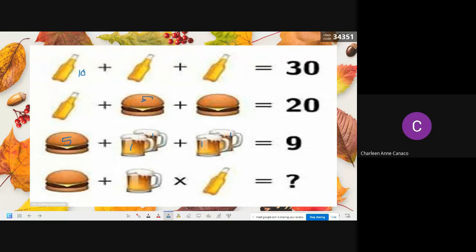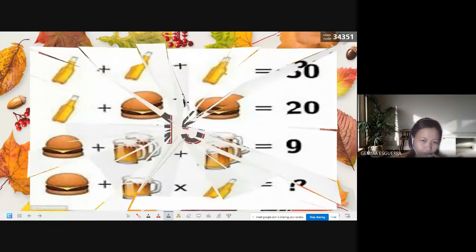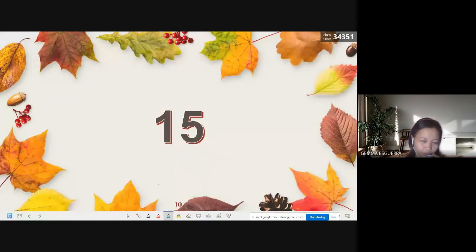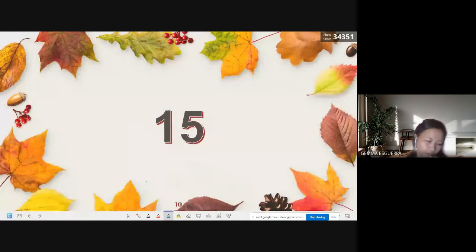Wala 17, ma'am. Ano po? 17. Tingnan natin another, si Jermaine. 60 po. Sige, tingnan natin ha. The answer is 15. Bakit 15? Tingnan nga natin. Ano pong katumbas nito? Ito ay 5. Ito ay 1. Ito ay 10. Di ba we are going to follow PEMDAS? Naalala nyo ba? PEMDAS, 1 times 10 is 10 plus 5, that is 15. Multiply, divide, add, and subtract. Kaya naging 15. Question, may tanong po ba?